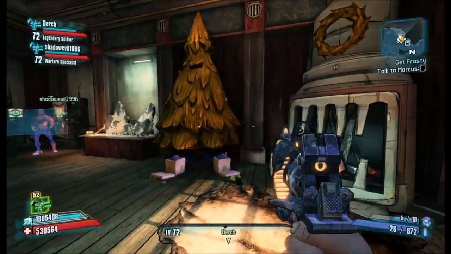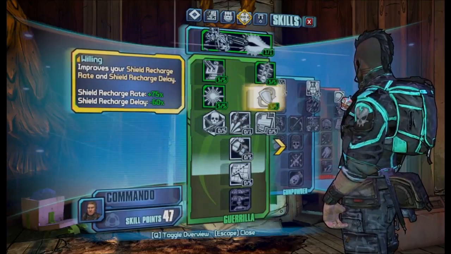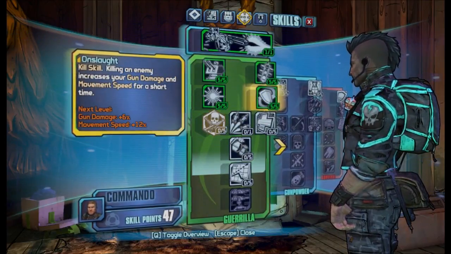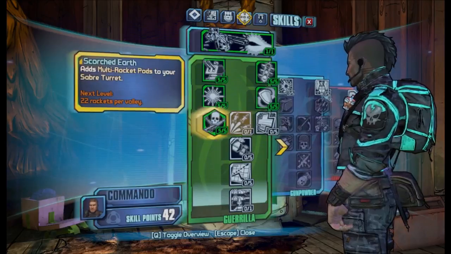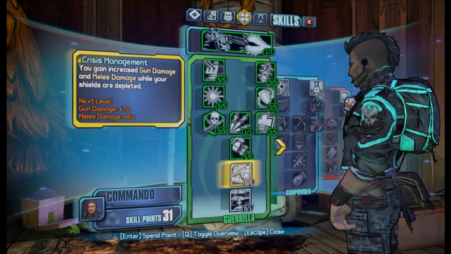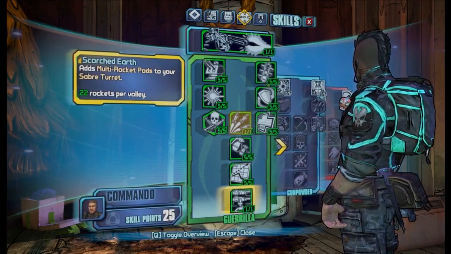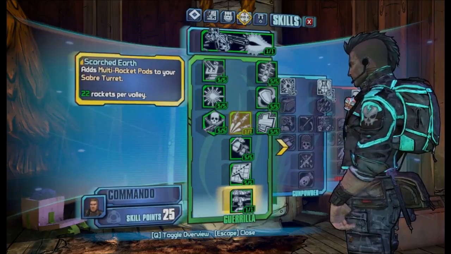So Willing, here's another one, and I think Willing is great, and I don't see a need to change it, but if you guys disagree, all right. Onslaught's pretty sweet as well. I don't see any problems with that. No. Scorched Earth. Now this one actually,